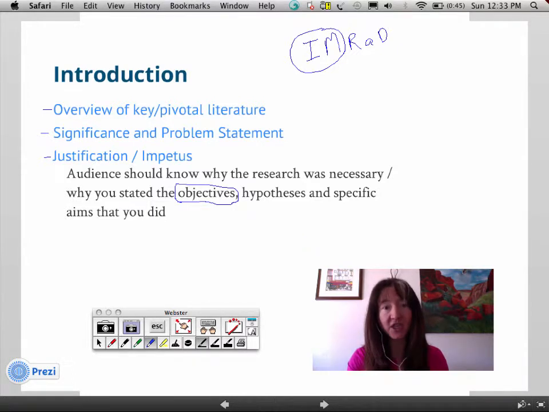Specific hypotheses actually could have been made, particularly for Sierra and Ben's research. We didn't state those as specific hypotheses. If that's something we want to go back and do, I can help you with how you might go about doing that. However, objectives is fine. We want to be able to tell our readers in the introduction what led us to those particular objectives.